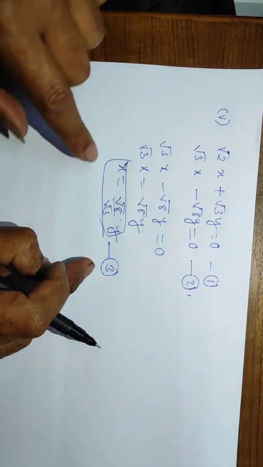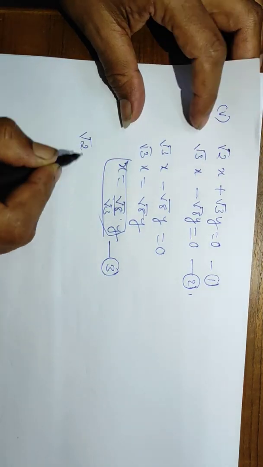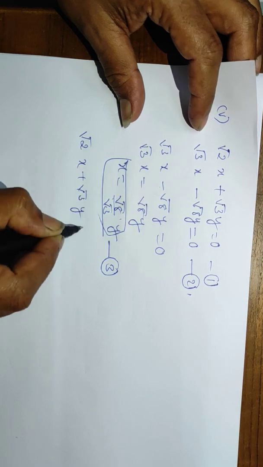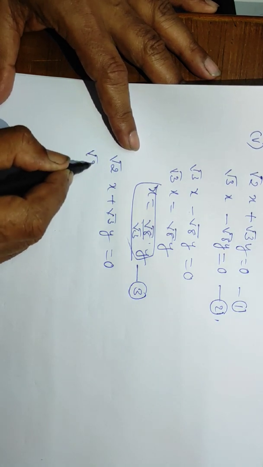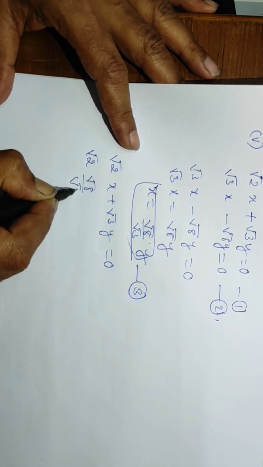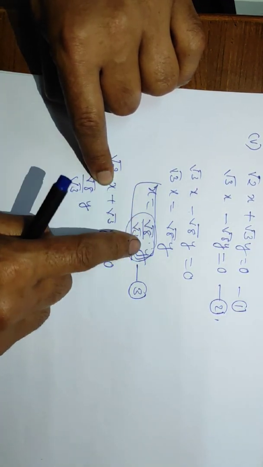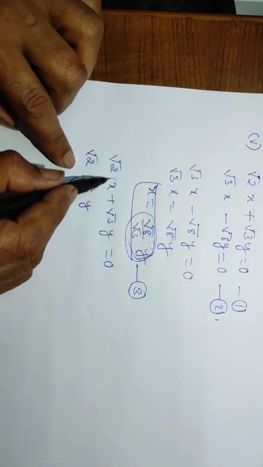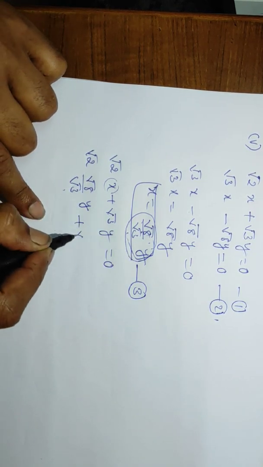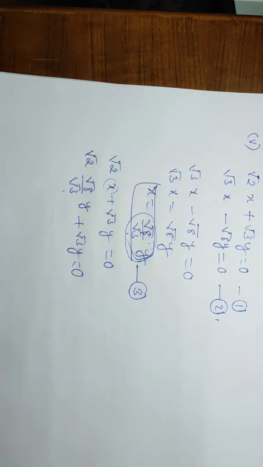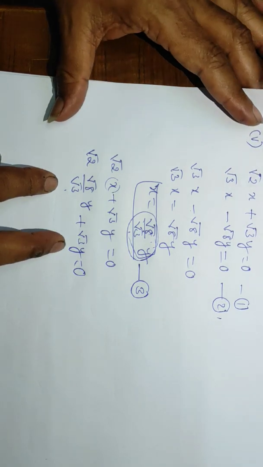Substitute this value, that is the value of this variable, in another equation, that is root 2 x plus root 3 y is equal to 0. In this equation you have to substitute the value of the variable which is obtained. Root 2 into root 8 by root 3 into y. In the place of x, I have substituted the value. The value of x is root 8 by root 3 into y. So in the place of x, I have written root 8 by root 3 into y plus root 3 y is equal to 0. Now the equation in two variables has been reduced to an equation in one variable.